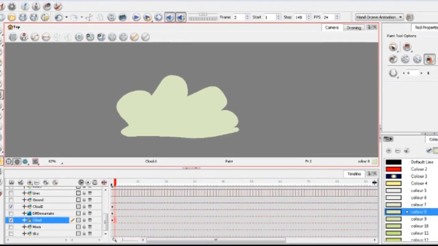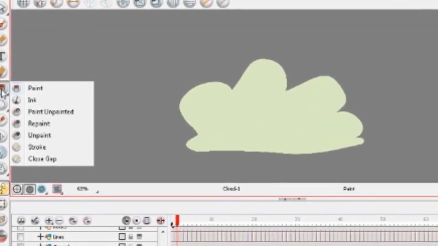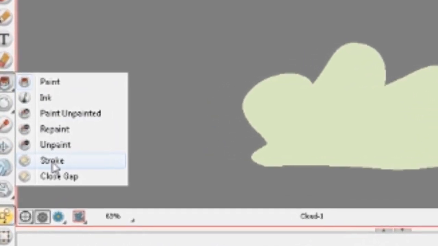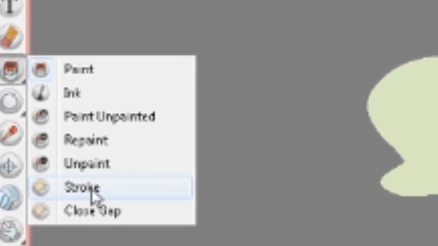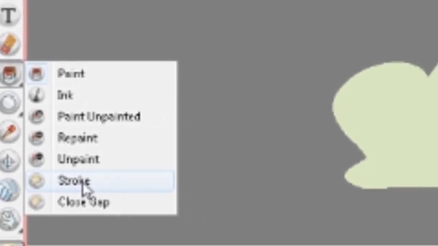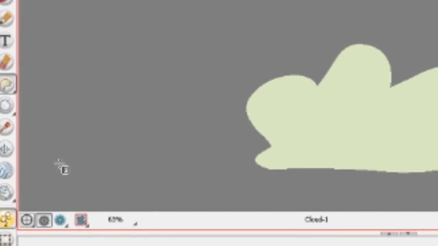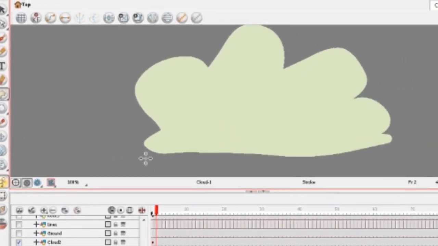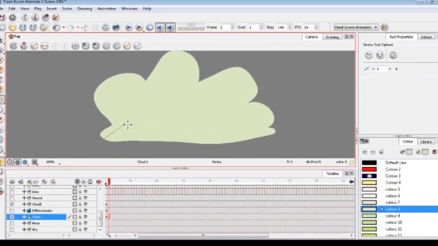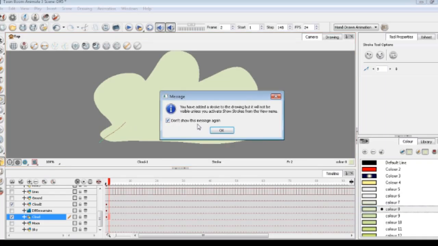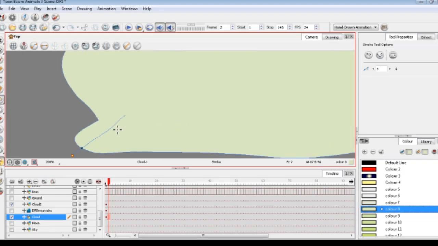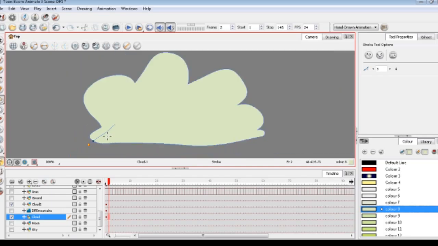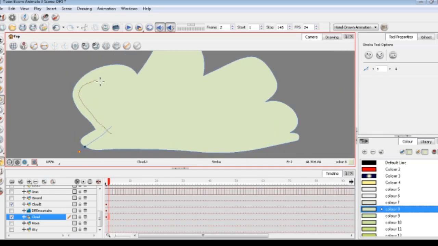And then if you hold click on the paint tool, you'll see this stroke tool here. Again, this is Toon Boom specific. Chances are you can do the same thing with Flash, but this is how I'm doing it with Toon Boom. So you click on stroke, and then you can do this sort of thing. And then this message will pop up. You press OK. If you hit D, that's like an invisible line that just showed up right there, and you'll see why this is useful in a second. So if you just keep drawing these useful lines,